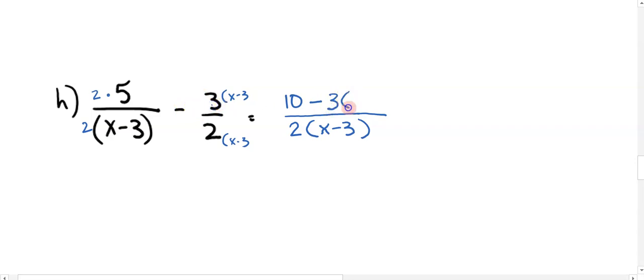So I'm going to write the 3, and I'm not going to multiply it out. This is where mistakes are made. So when you have subtraction, don't multiply it out yet, because you all end up with 3x minus 9. But it's not 3x minus 9, because you need to multiply that negative 3 to both, right? Be careful with subtraction. Take this extra step. It's so worth it on a test or quiz. So I'm going to get 10 minus 3x plus 9 all over,